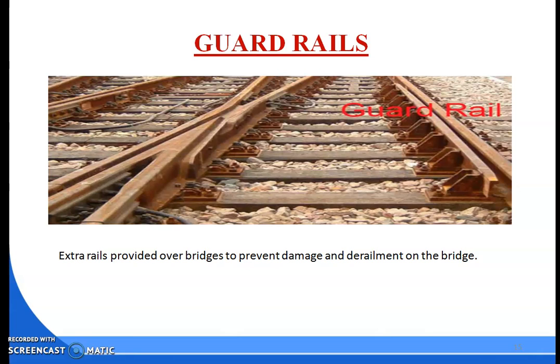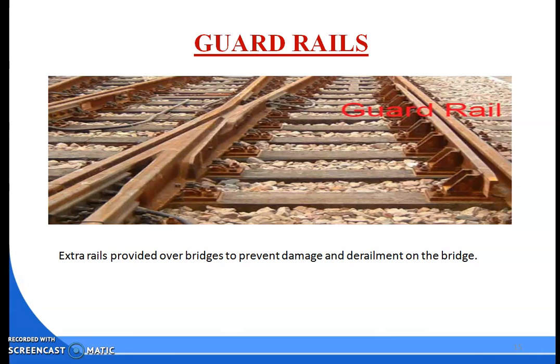Advanced starter signal means it is the last stop signal of semaphore type for giving indication to the outgoing train from the railway station. So whenever your train leaves the station, in that case the last stop signal is provided, which is semaphore type, which is automatically provided. That signal indicates that the train is leaving the station. Okay, so that is called your advanced starter signal.